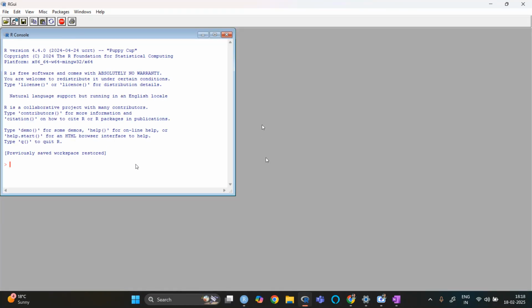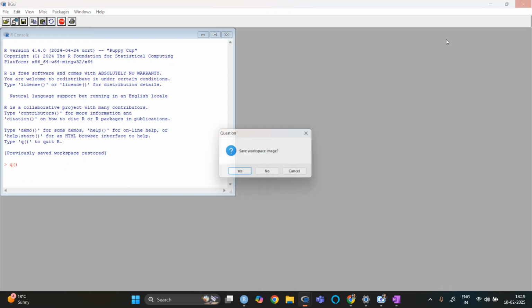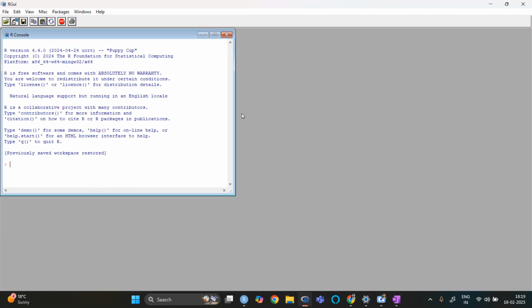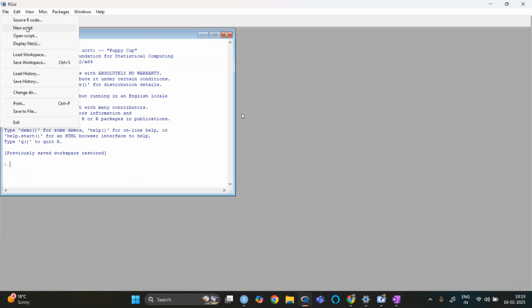So there is one, this R. This is the console. In R, as you can see on my screen, this one is R and this one is R Studio. If you use R, you will only have the console part, which is what works here. But if you want to have everything in one, here you can see that if I do new